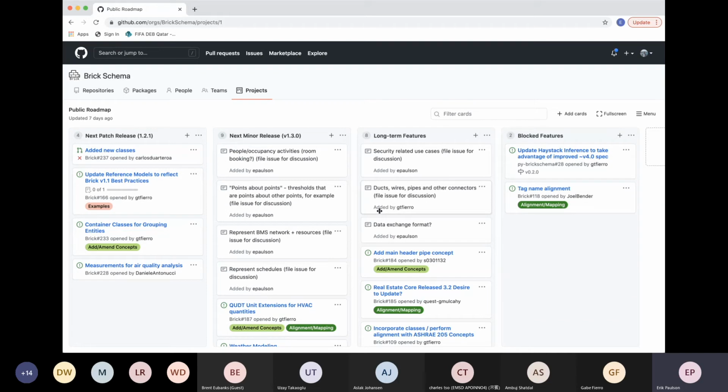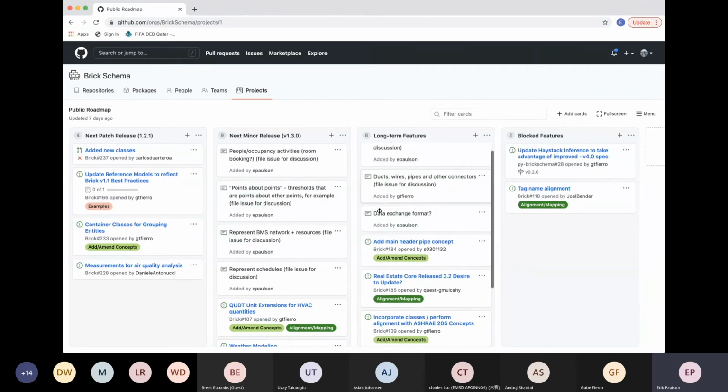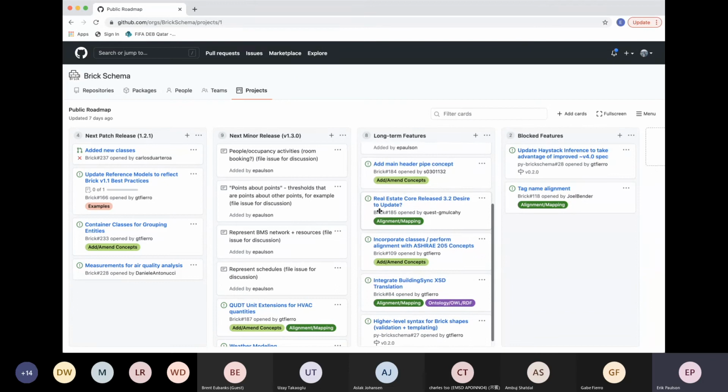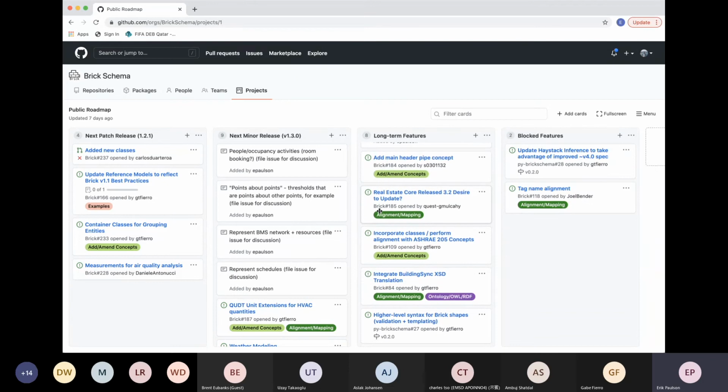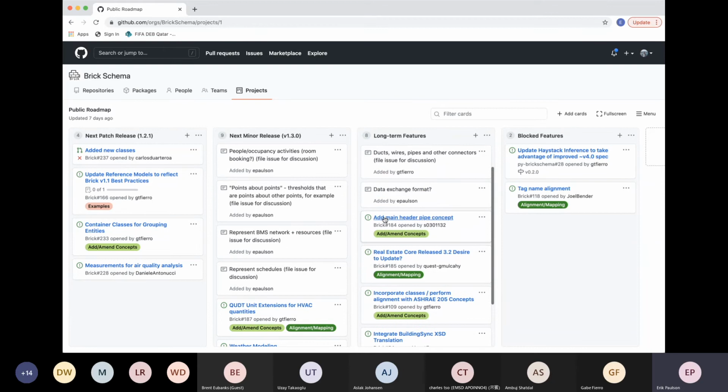We've got other ideas that we're calling long term. This might come into 1.3, this might be 1.4, this might be 1.5 or beyond. We're not really sure when we're going to do some of these things, but these are longer-term things that we may not know yet about, or we might not think are super urgent to tackle just yet.